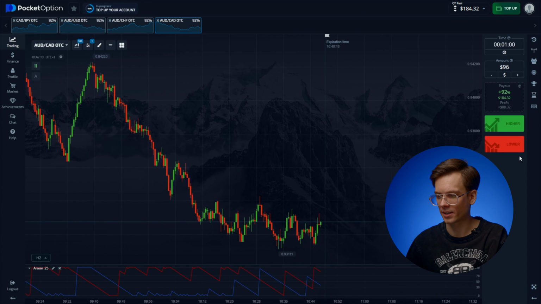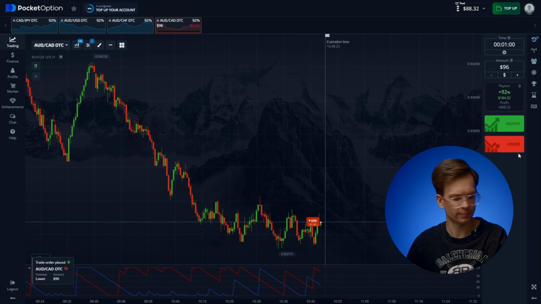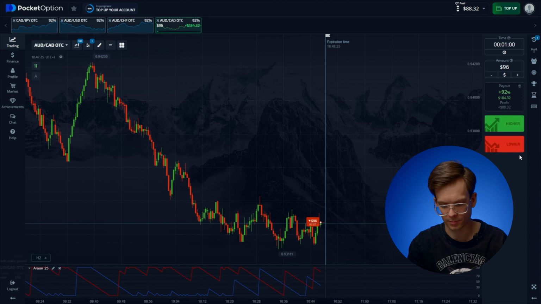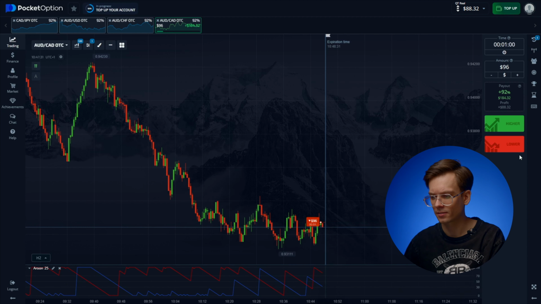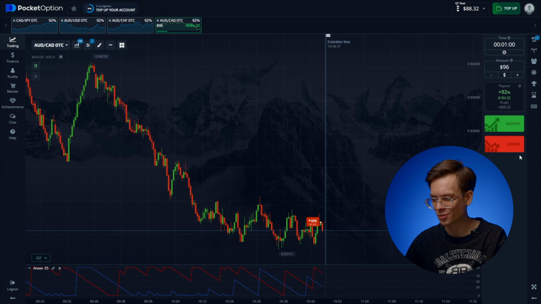Okay, now Aussie Canadian. Let's see if the downtrend pattern repeats here. Sorry, forgot to mute. Just a moment. What did I say? Downtrend. Damn, what does a downtrend have to do with this? It was in the last trade. This is bad. That's why it's important to turn off all gadgets and disconnect from anything that could distract you.